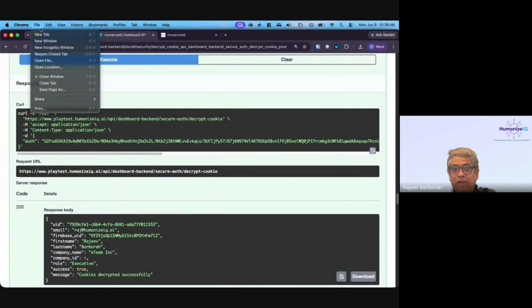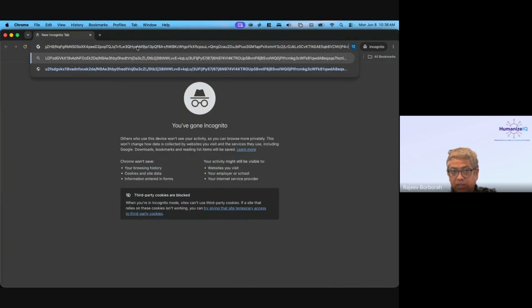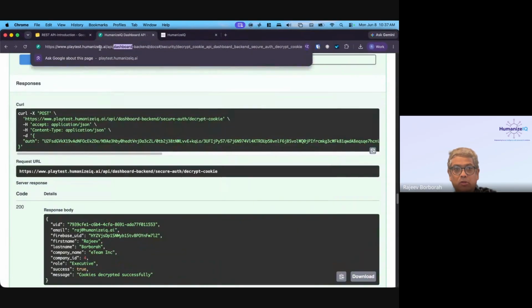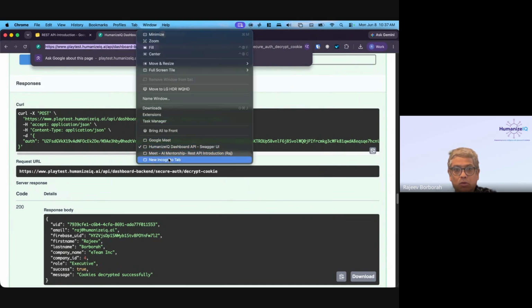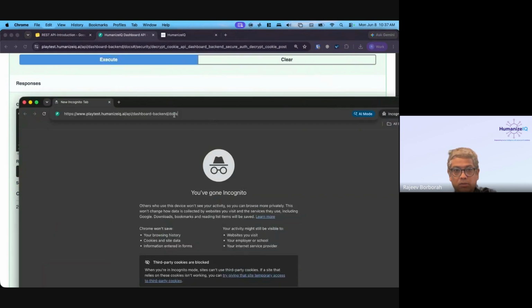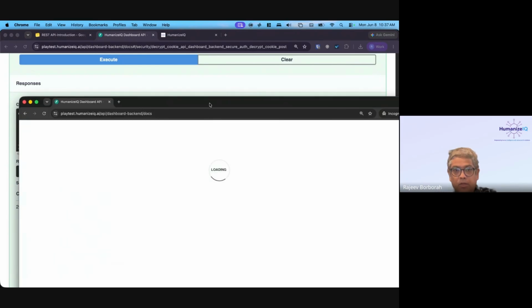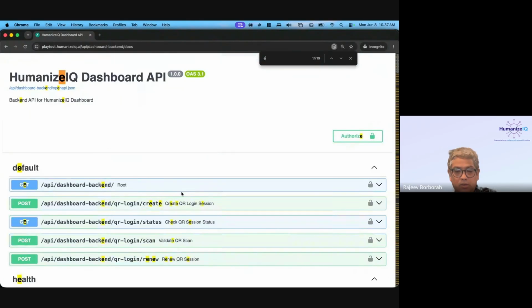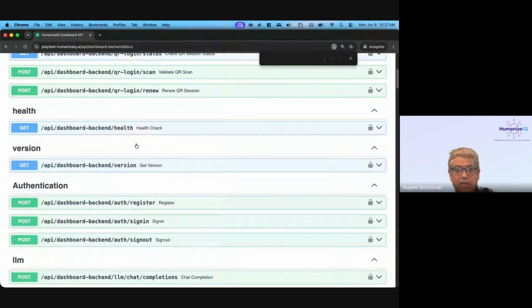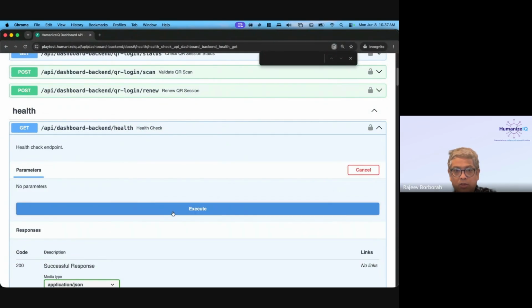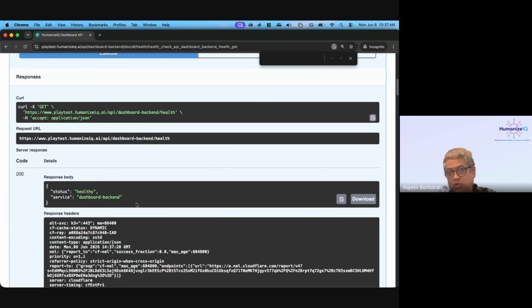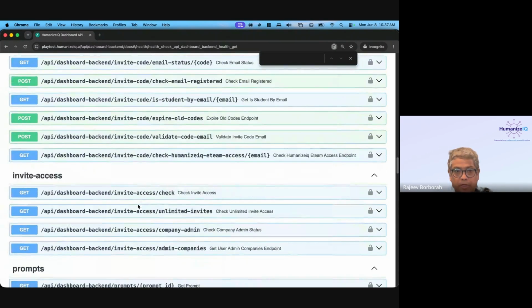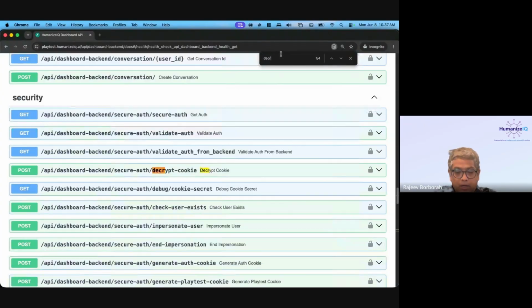That's why it works. So if I actually do an incognito session, let me try the same URL in an incognito session. I will take this and go to the incognito session and try this again. And let's go to decrypt. So the health endpoint will work. Let's look at health. Health should always work. Health is supposed to be not protected, but let's look at decrypt.